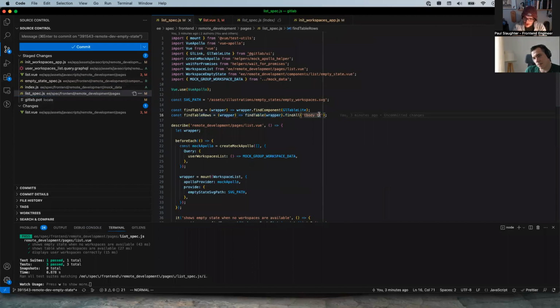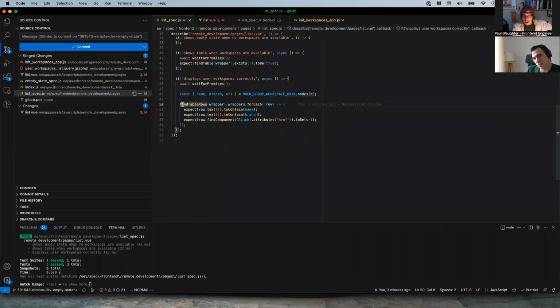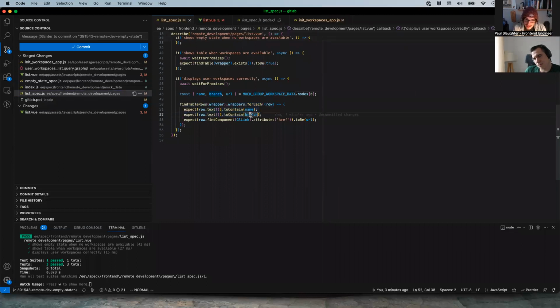For each one of the rows, this is what we expect from this one. We're going to find this component. I end up with an array, and I can just say find table rows as data equals mock group workspace nodes or something like that. Rather than just saying, was the text contained at all?